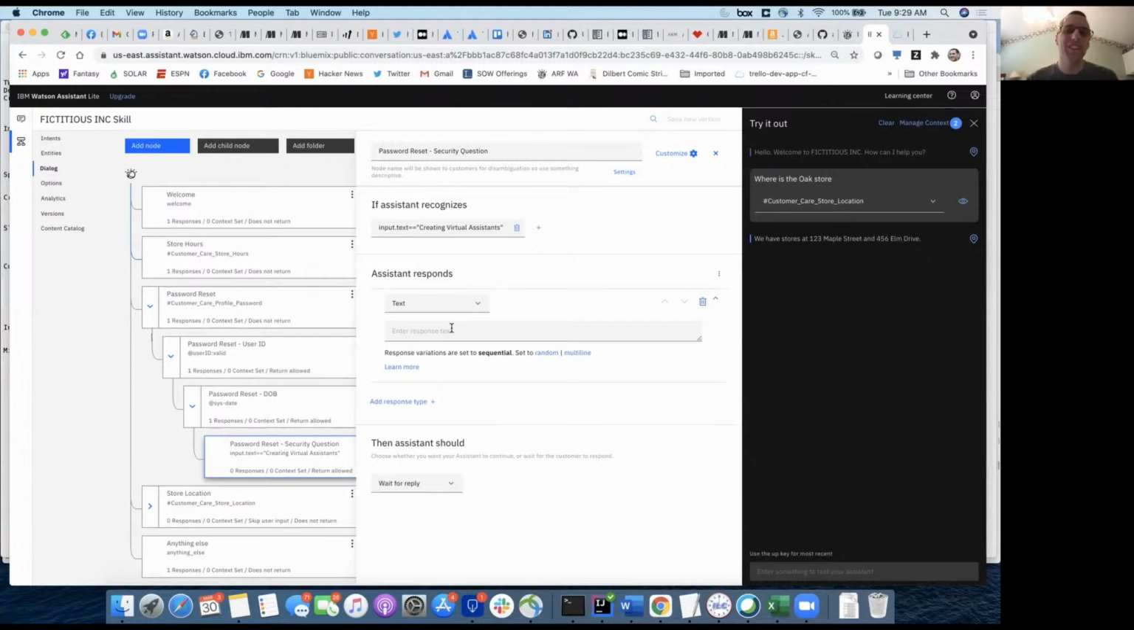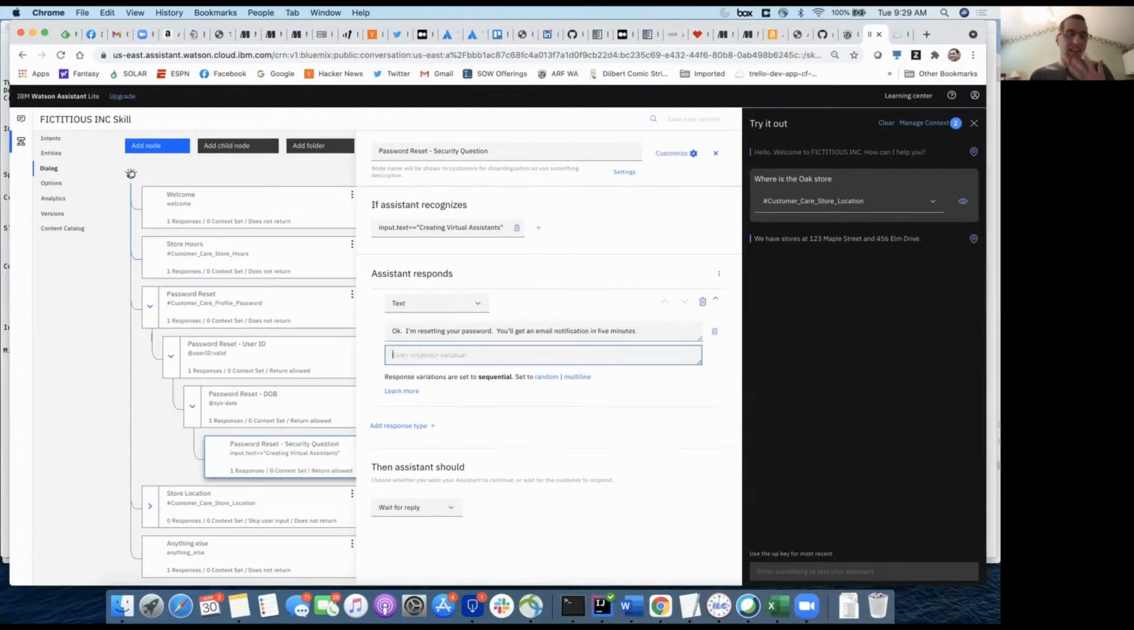But security question, you have to like the book. Okay. I'm resetting your password. You'll get a notification or an email notification in 5 minutes, something like that. Again, like you said earlier, Steve, hitting the API, this is where I would actually do it, right? And we've sort of left out the error handling. Obviously, for each of these, I would prefer to add an error handling condition,